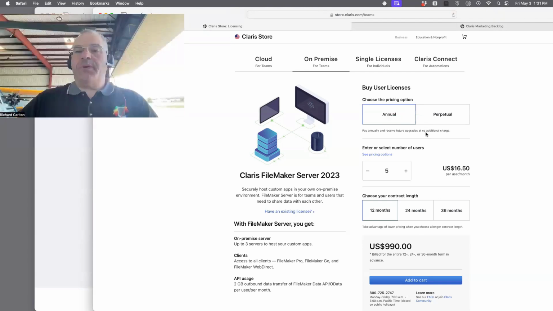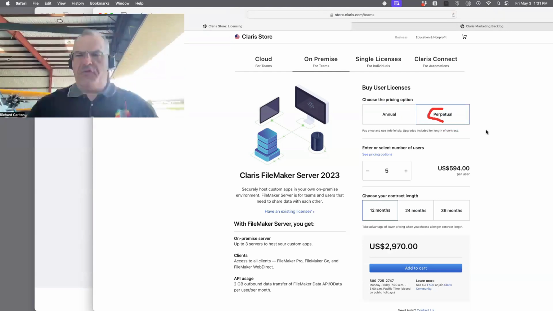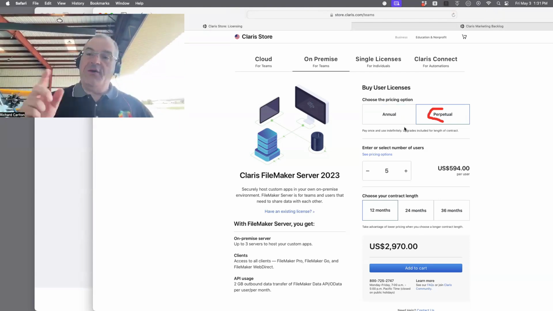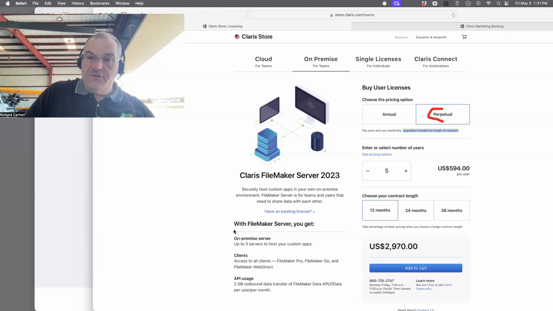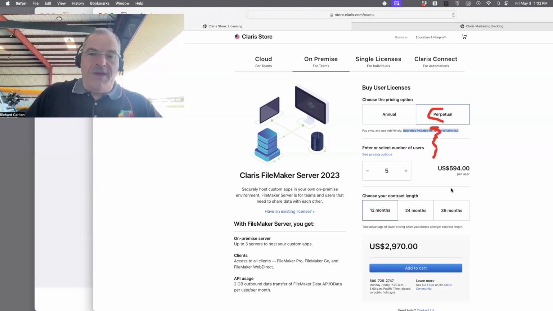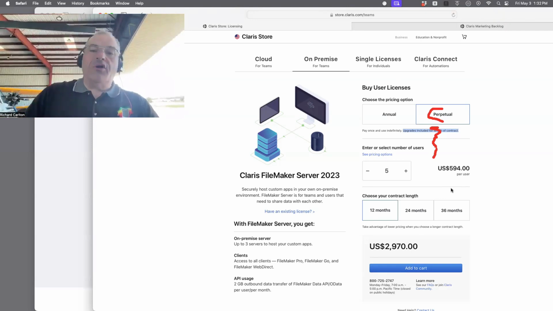To the right is perpetual, which is really dumb, which means you buy it once and then you never buy it again because you own it forever. The problem is that to keep up to date, there's an extra bill that's on here, which is maintenance, right? And it talks about maintenance and updates and things like that. And when you buy a perpetual, you get 1 year of maintenance. So with annual, you pay less, like 1/3, but you have to pay the same bill every year. Fine. With perpetual, you're going to pay it once, but then you pay, this is 1/3 of the full price of this is 1/3 over here.